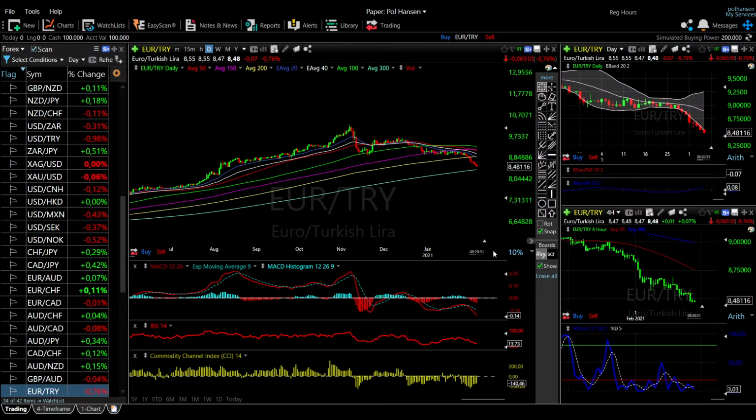So the reason for me entering this market, if it turns around, is because the RSI here is at 13. That is a very, very low RSI. We're significantly outside of the Bollinger Band. We have just been dropping, and at some point this will turn around, and there's where you can take advantage